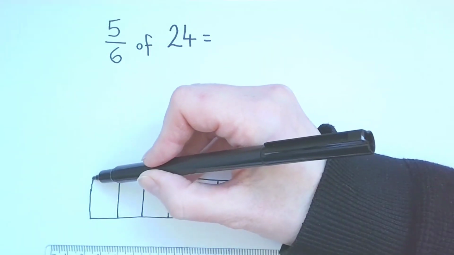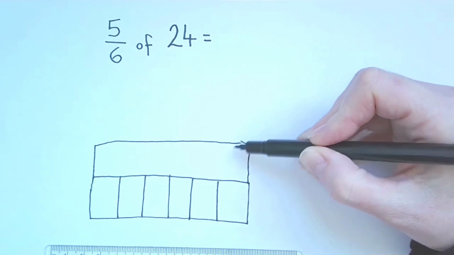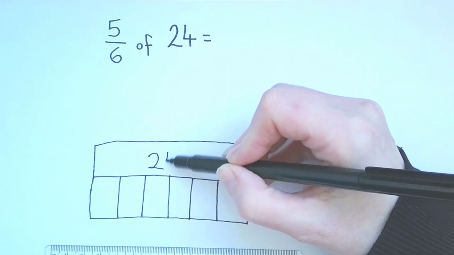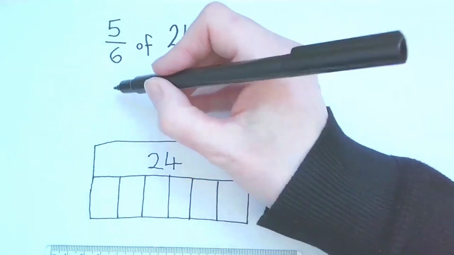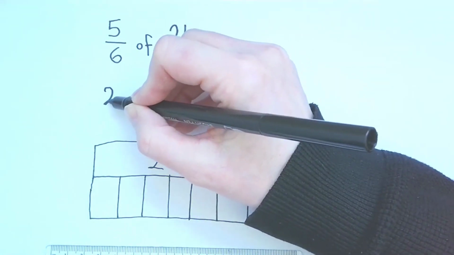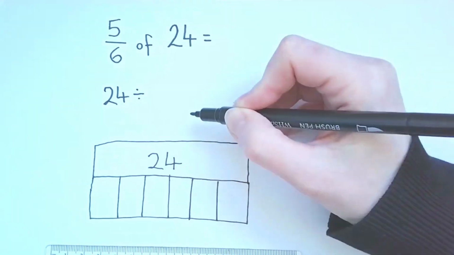And I know altogether, so this is the top bar, altogether I have got 24. And we can think of that like being 24 counters. So I can see that the first thing I'm going to need to do is take my 24 and split it up or divide it